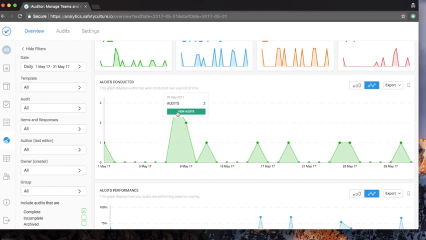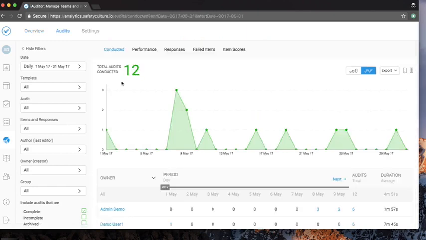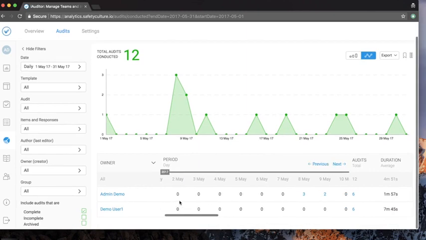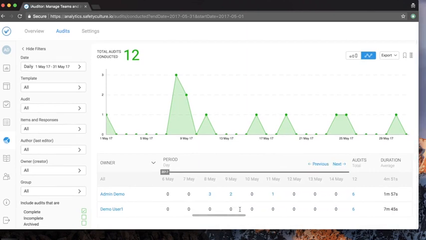If you would like to deep dive, you can click on the top here where it says Audits Conducted, where you'll be able to see all the users that are conducting audits and how many. This allows you to put power in the hands of the managers by making their teams more accountable for the work that they do. If we go back,